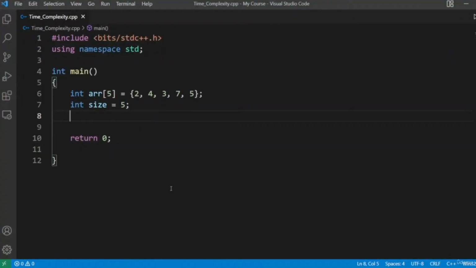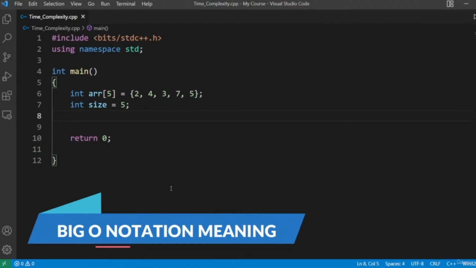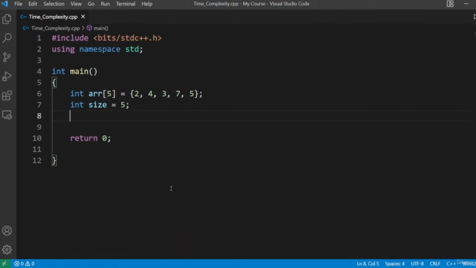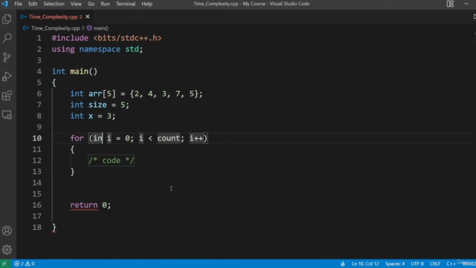Hey guys, in this video tutorial, we are going to see the meaning of big O notation. Let's consider an example in which you are given an array of 5 elements, which are 2, 4, 3, 7, and 5, and in which you have to find an element 3. Okay, that's the problem. So we'll run a simple for loop for that, in which we'll write int i = 0, i < size, i++, and we'll write if condition